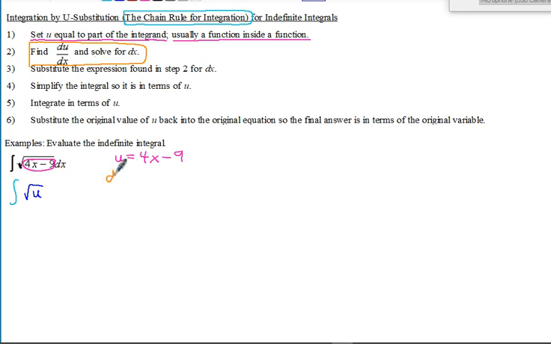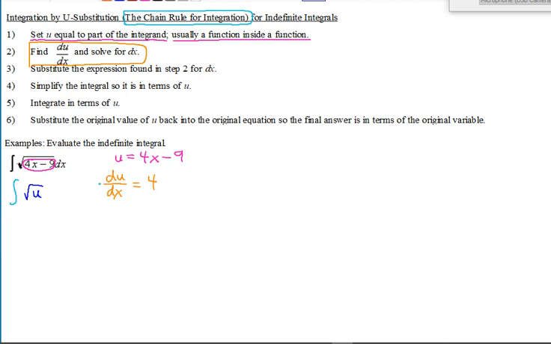So notice, it goes y equals, then dy/dx. That's why if it's u equals, it's du/dx, the derivative. And the derivative of 4x minus 9: the derivative of 4x is 4, the derivative of negative 9 is 0. So it's just 4 in this case. And then the way you solve for dx,